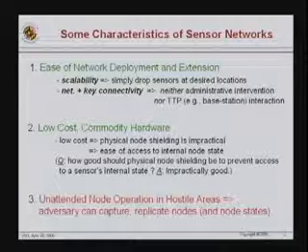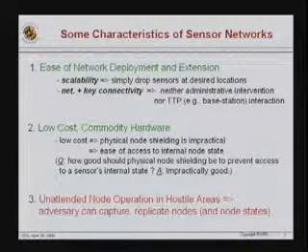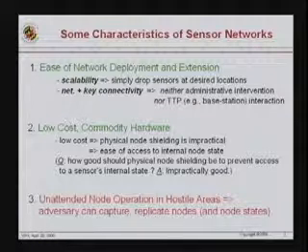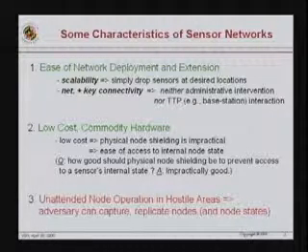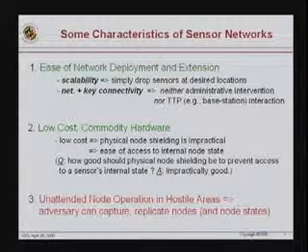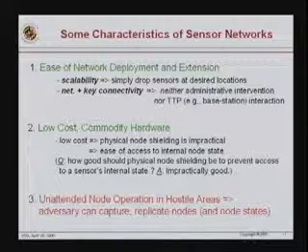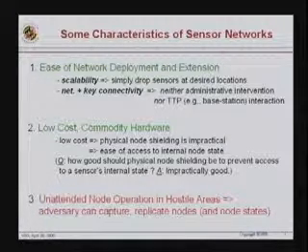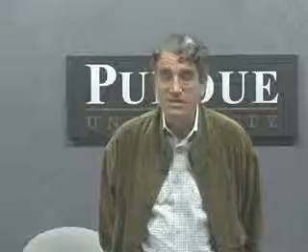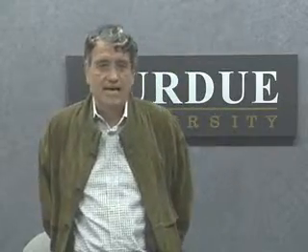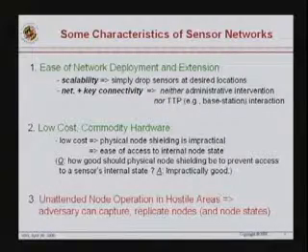Basically, these nodes could be built with technology that you can buy at Radio Shack, and they are very low cost. In fact, a node could cost roughly under $10. The processor might cost $1. Then the sensing equipment would cost maybe a little more, but overall, each one of them would cost under $10. So you could easily have 10,000 nodes being deployed. The problem is that this low cost causes the vulnerability of not being able to shield these nodes. Why?